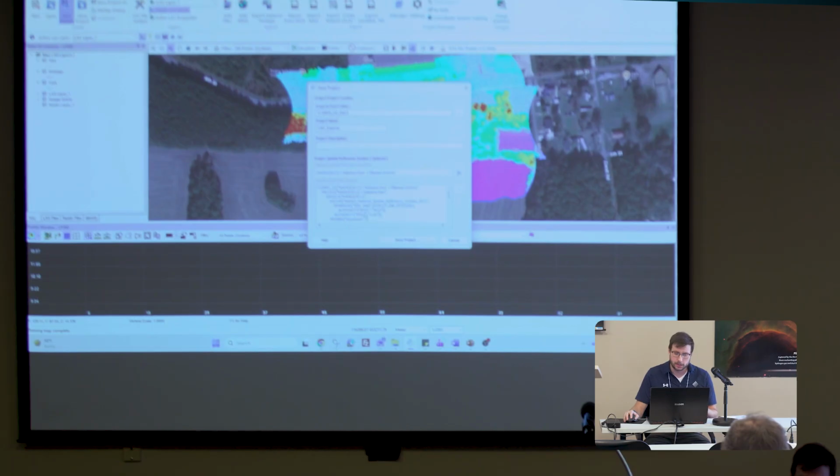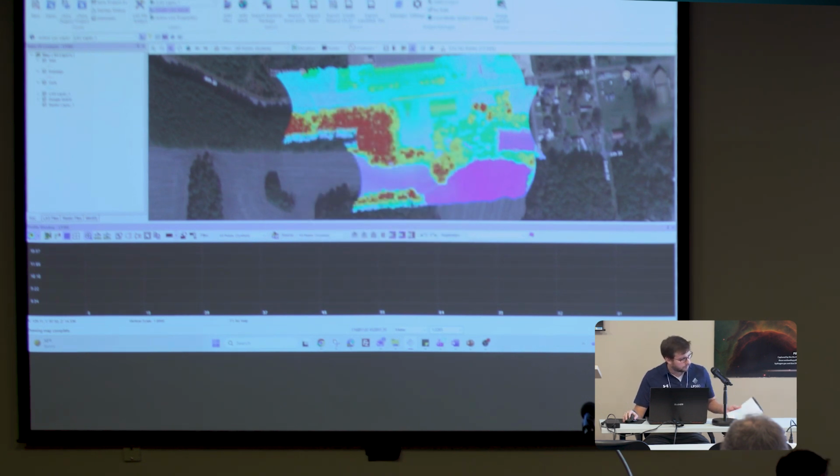And then you can see the spatial reference system's already loaded because it grabbed that from the LAS data when we imported that. I'm going to click Save Project. It's just asking me, do I want to create that folder and that file in that location? And I say yes. All right, so